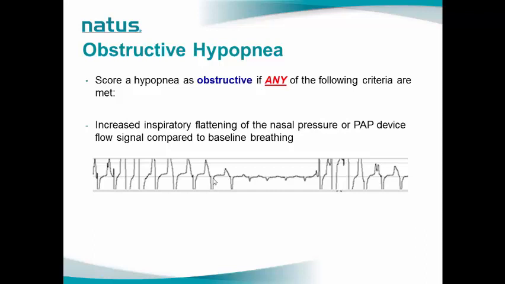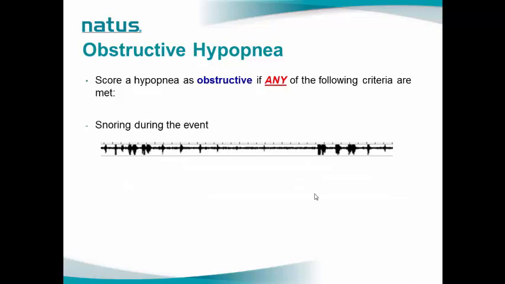There are two types of hypopneas: obstructive hypopneas and central hypopneas. Obstructive hypopnea results when there is an obstruction in the upper airways, and these can be scored if any of the following criteria are met. If there is increased inspiratory flattening of the nasal pressure or PAP device flow signal compared to baseline breathing, here there is a drop and there is flattening of the inspiratory portion, so this is a sign of obstruction. If there is snoring during, before, or after the events,